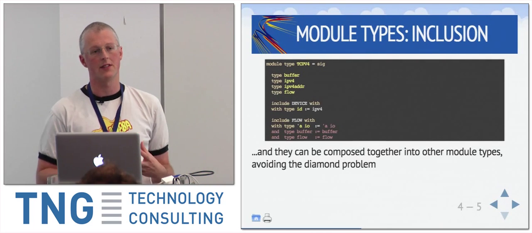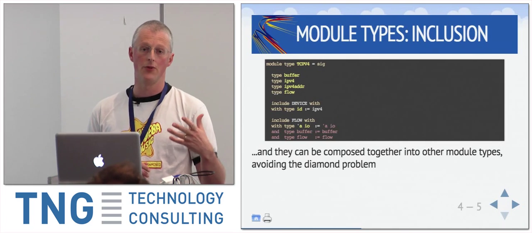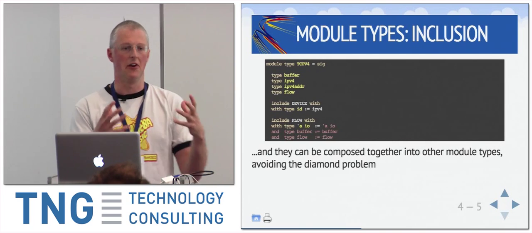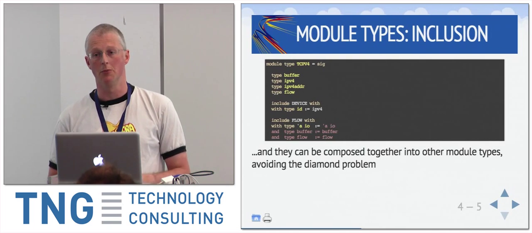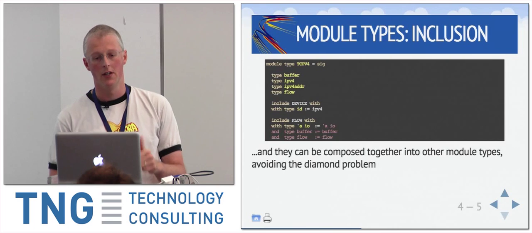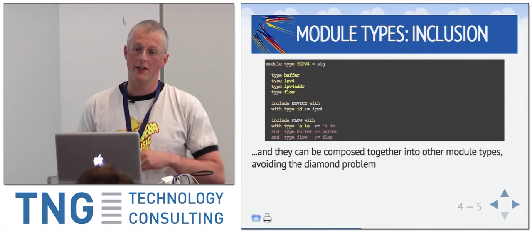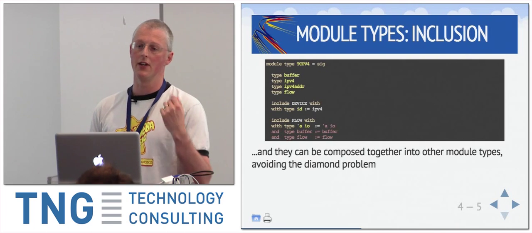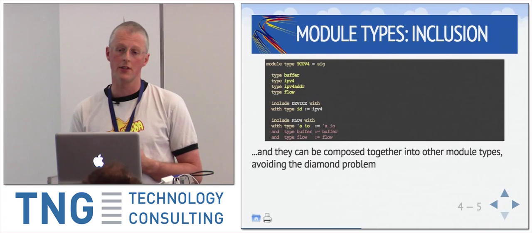You can compose these things together, right? This module system is very compositional. So if you want to define a type that represents a TCP/v4 device or stack somehow, you're going to need to provide some type representing a buffer, something representing an IP device, something representing an IP address, something representing a flow, and then you're going to say, this thing can be treated as a device if you think of the ID as being the IPv4 device it sits upon, and you can treat this thing as a flow.